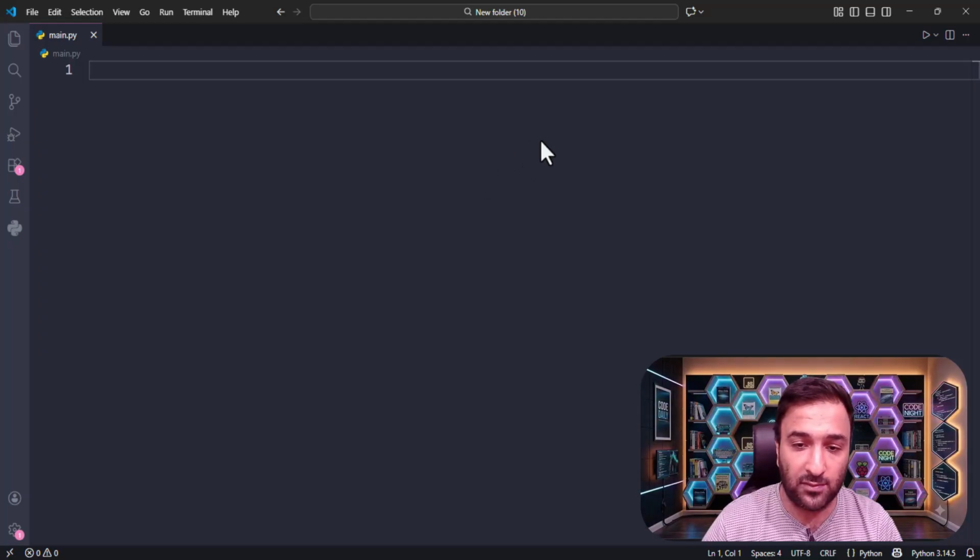Use star args when you don't know how many items your function will receive. Python automatically packs these arguments into a tuple. For example,